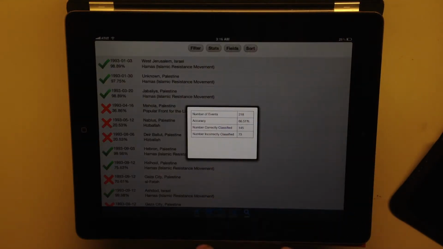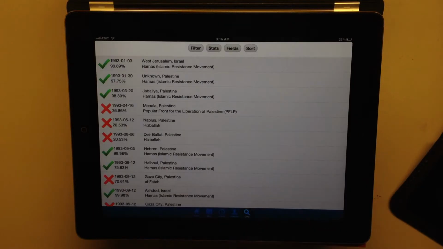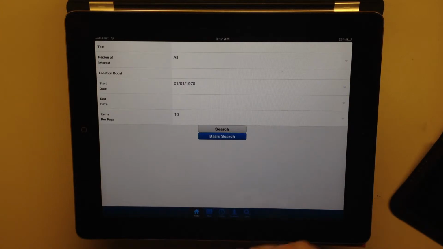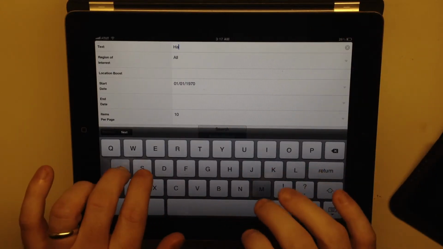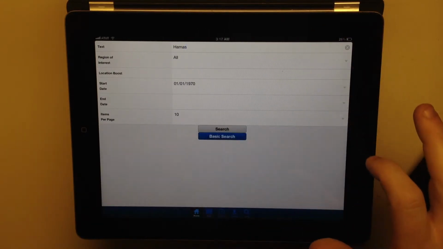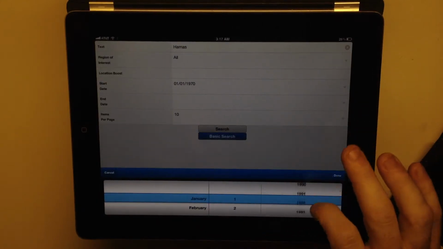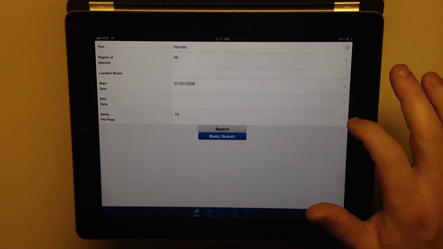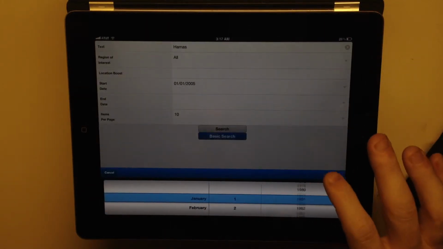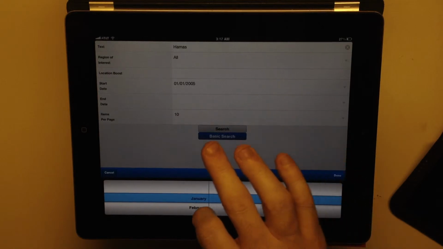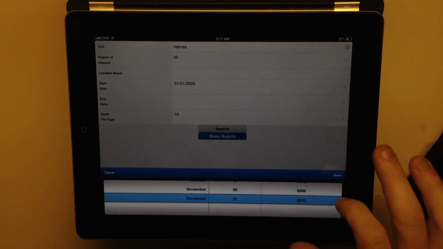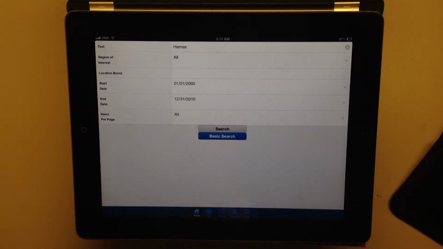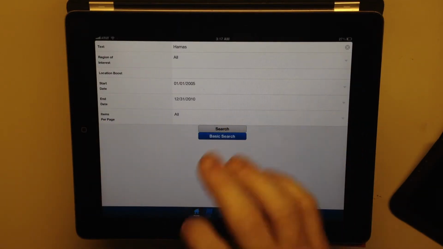Remember, the accuracy of this model was 66%. So let's go back to that home page. Let's go to Advanced Search. What we're going to do here is type in our Hamas query again, but this time we're only going to look at the last 5 years of data in the data set, which will be January 1st, 2005 to December 31st, 2010. Let's go ahead and pull all the items on one page. I'll show you why we're going to do that in a sec. We hit search,